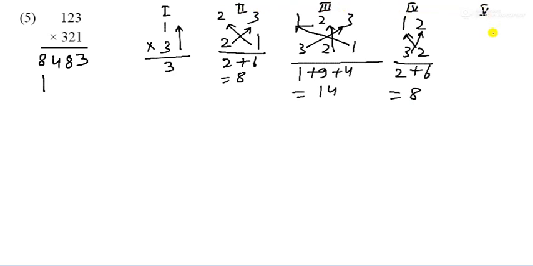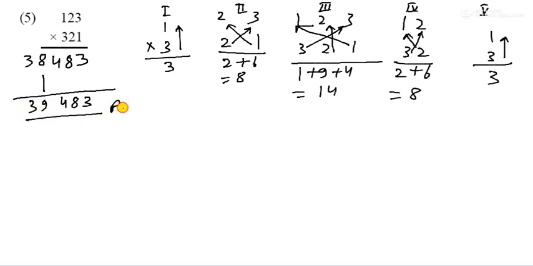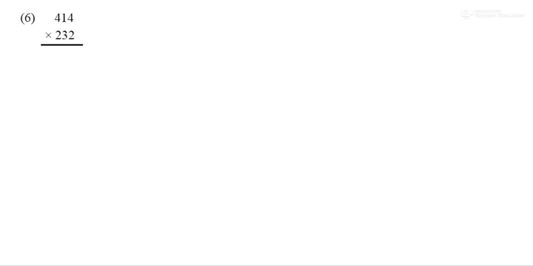Now that is 1 2 and 3 2. So 2 1 ja 2, so you can write 2 here, plus 3 2 ja 6, so you can write 6 here. So it becomes 8, so you can write here 8. And the last step, this first step, it is your second step, it is your third step, and it is your fourth step.